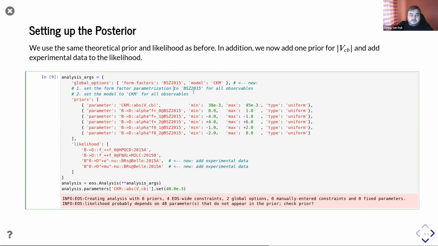So all observables use the same parameterization for the form factors and the same model, this CKM model. So all observables are in principle sensitive to the magnitude of V_cb and all of the form factor parameters as before. And these two pieces of experimental data have been added. In addition, we set the V_cb value to some kind of sensible initial value before we proceed.